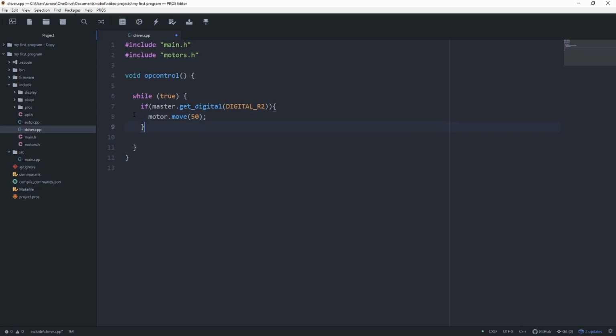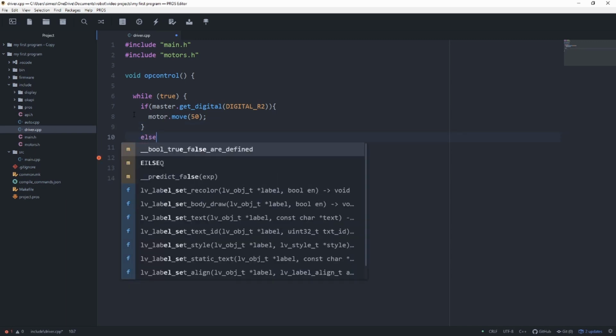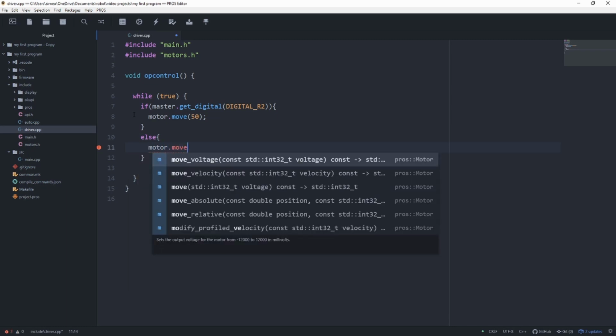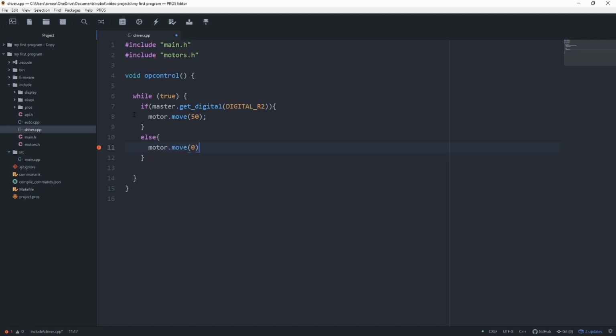But we also have another issue here. At this point it is checking if that button is pressed, but since we don't have a release put in, when we press that button for the first time, it will always be spinning. The way we fix that is we type in an else, go straight to curly brackets, and then do motor dot move and put 0 to make it stop. Now if we save this and upload it,